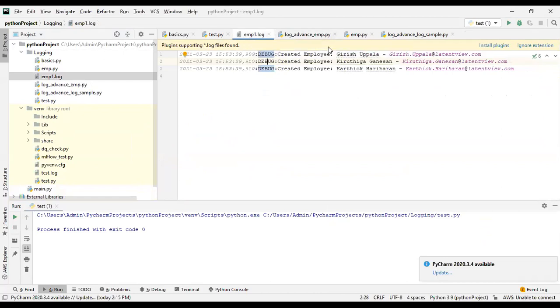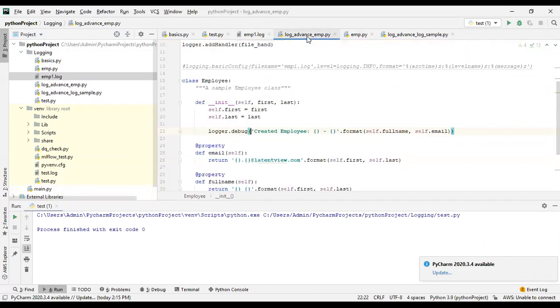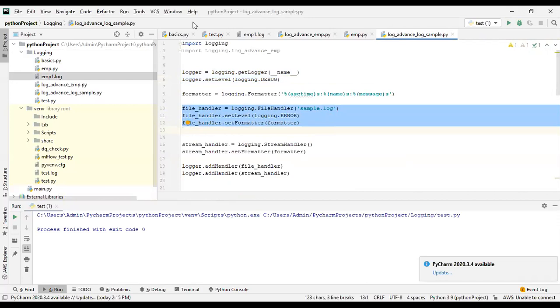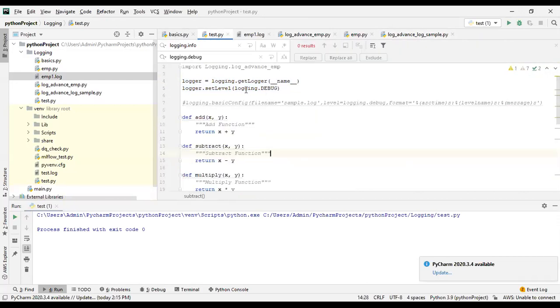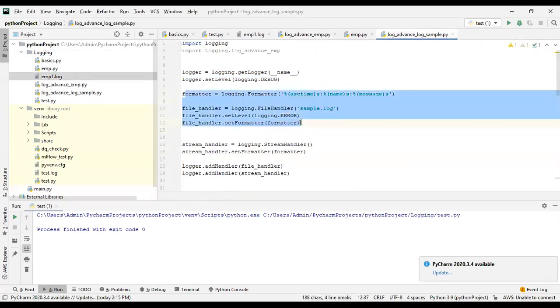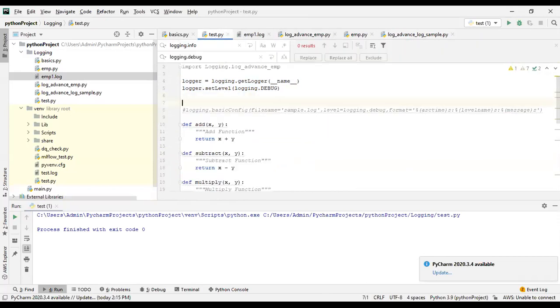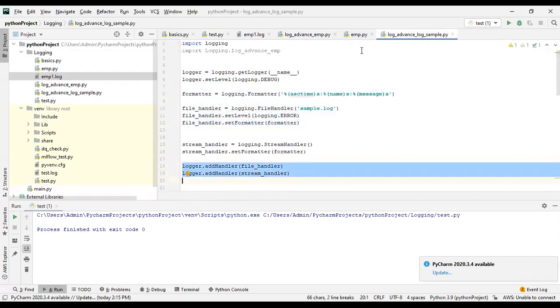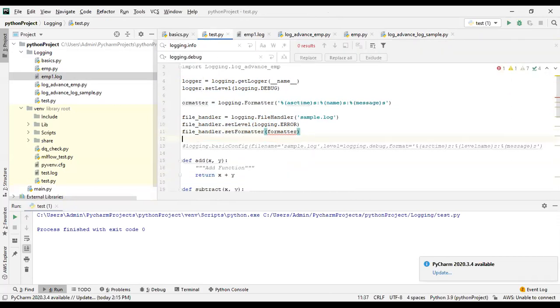This is still going into employee one. Again, I have to set the logging file information to error. Then let me paste this handler as well. We have to add only the log file handler.